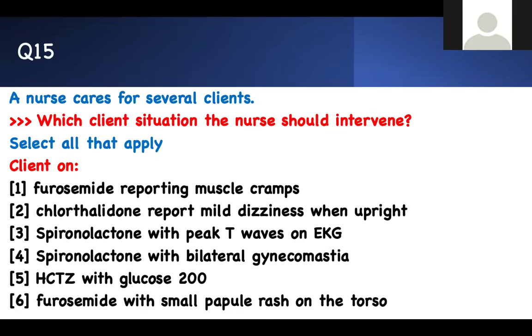Furosemide with the small purple rash on the torso. This is Stevens-Johnson syndrome. That's going to kill you. That's sepsis. 15 questions, top 5 medications in cardiac medication, the class of it, using questions and answers and practice,